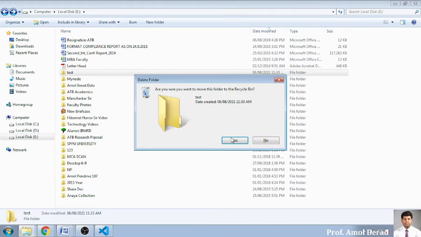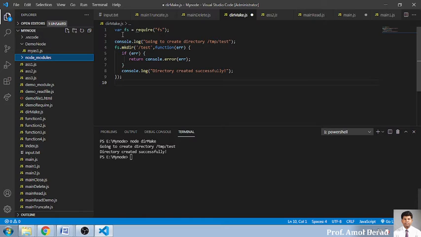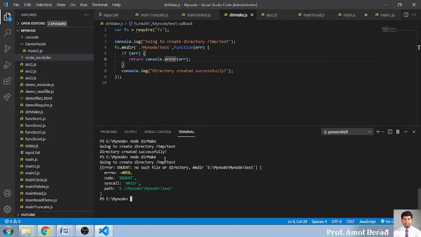If you want to store into this one, you just copy the path and you can create over here. And you just run, you will find the folder is created into this. It is not allowing it to get executed, but you see how this directory can be created over here.